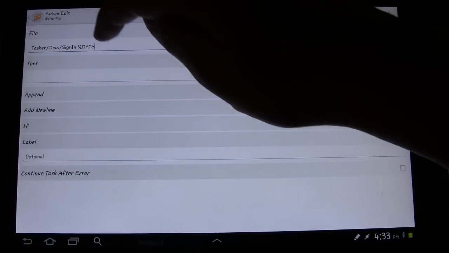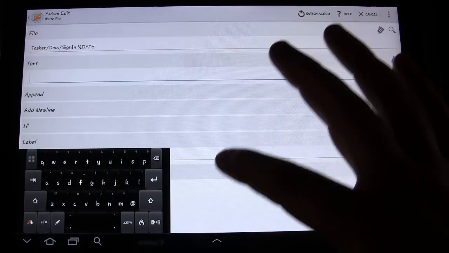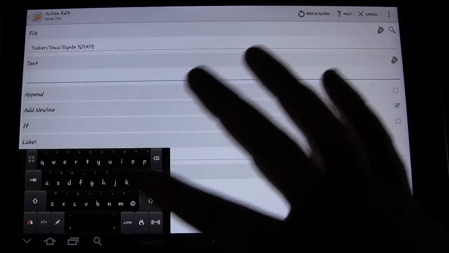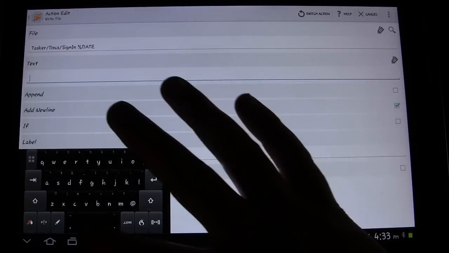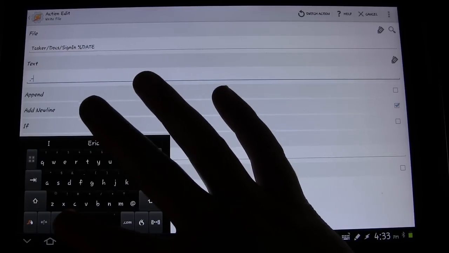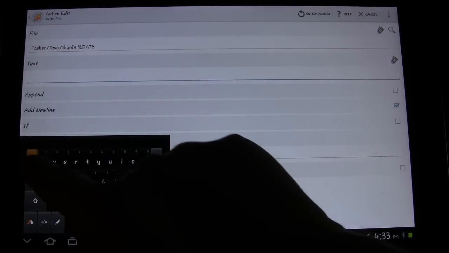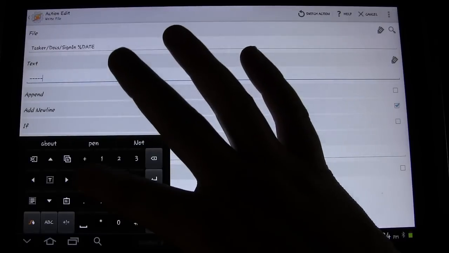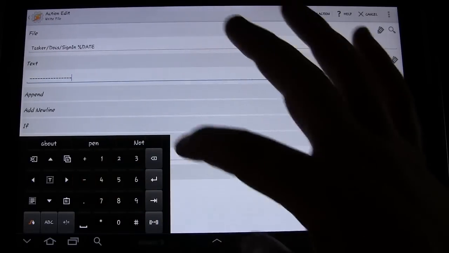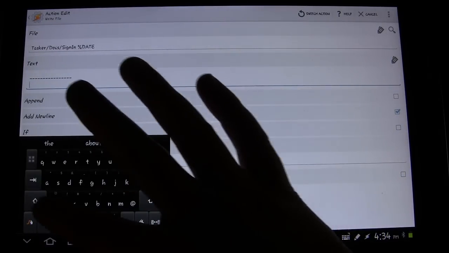So Tasker doc sign in date. And then what text do I want it to have? Well, I want to make sure that this information is separated when I enter it. So this is a trick that I learned: I have a hyphen, it's hard to do hyphens on this thing. Oh, I know, I can do it that way. Hyphen, and then I return, and then go